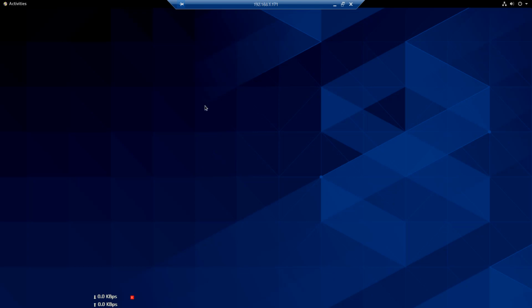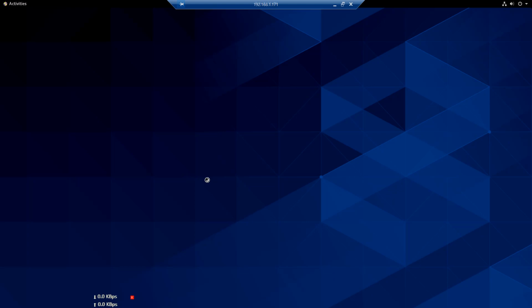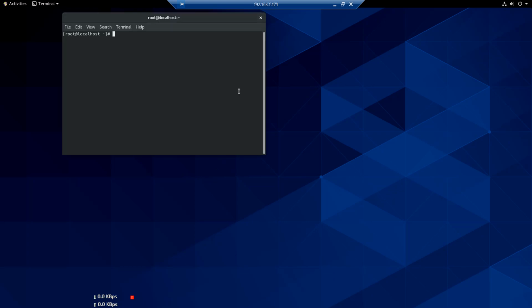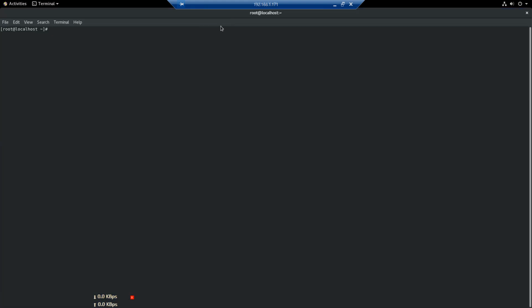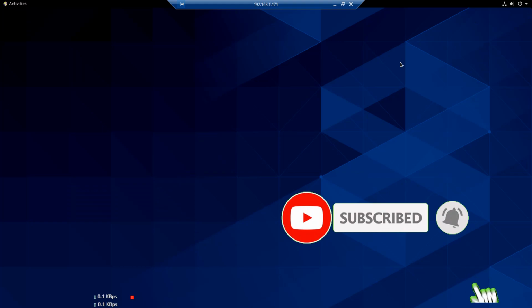Now you can see that I am able to log in to my machine remotely through the remote desktop utility, and here I can use all the applications. I can open the terminal, I can open any other software, and I can use the GUI remotely. You can see that I'm able to open the terminal here and fire the commands. So here we can easily use this method from the Windows remote desktop utility. Or if you want to use some other tool for the same, you can also use that.